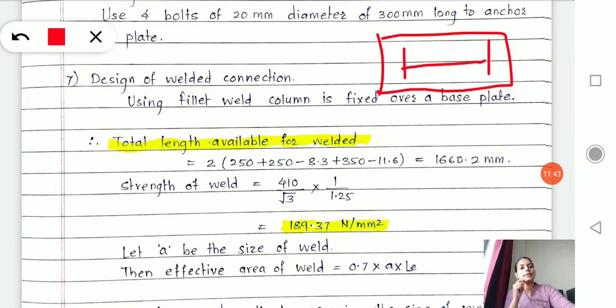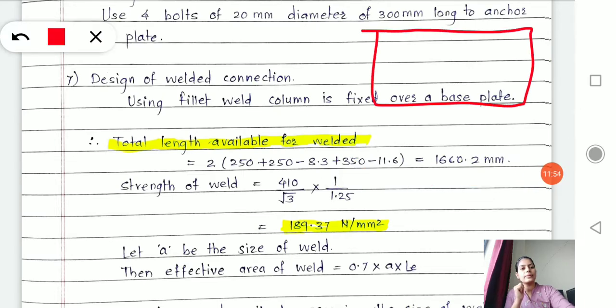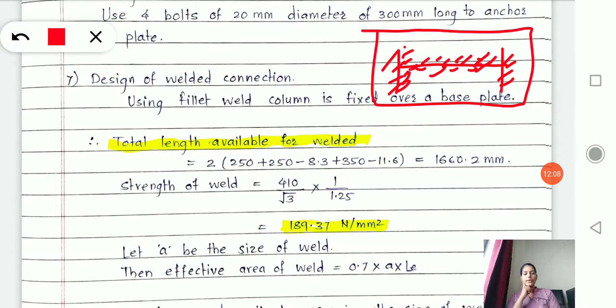Now in this I section you are providing welding on this side, on this side and on this side. I will show it like this. This is your base plate, this is your I section, and you will provide welding on all sides of your gusset plate, your I section. Okay, so all the periphery sides of your I section are welded now, correct?